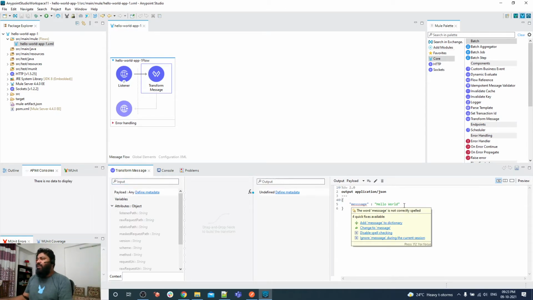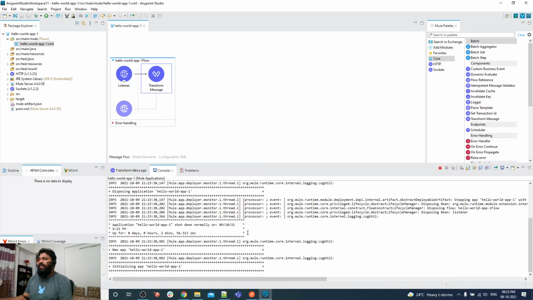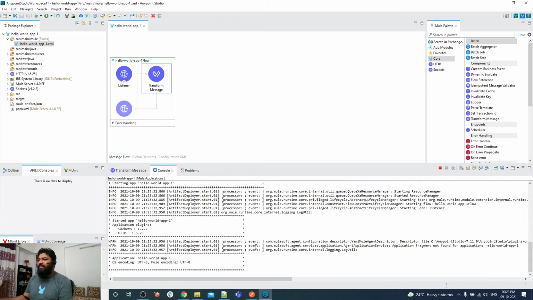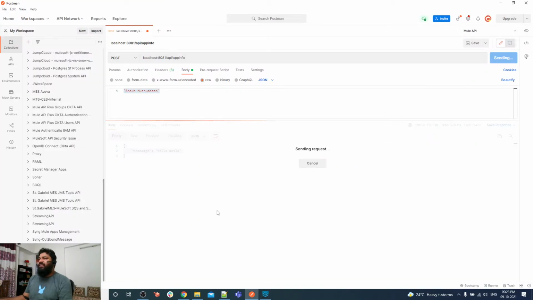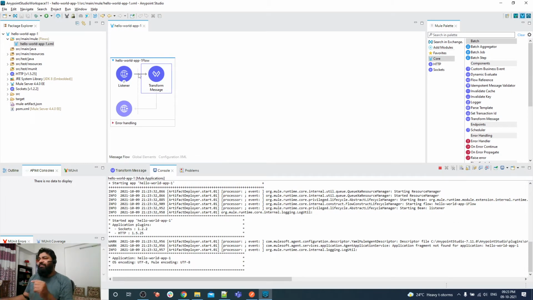For example, hello world plus plus space plus plus payload. So I'm returning hello world, space, and the payload. Let me check, it is deploying my application. My application is successfully deployed. As you can see, hello world Sheikh Moinuddin. So we can perform operations on the input. We can write multiple conditions, basically routing control. We can do that, but this is a very basic hello world project, which is why I just deployed it and tested it.